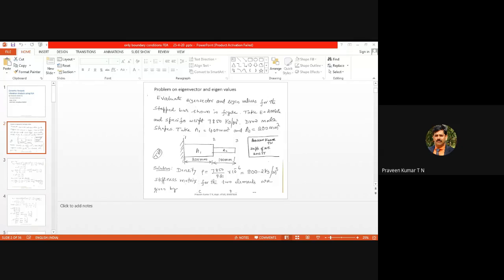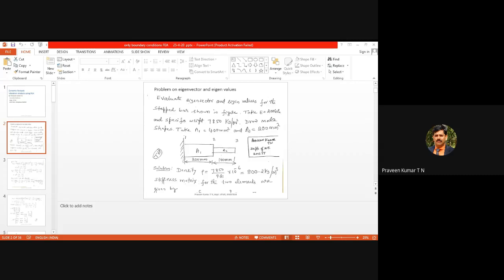Now, we are talking about the longitudinal vibration of the bar. So the bar will vibrate, or its length changes with respect to time. It vibrates in the longitudinal direction. I have given the example of piezoelectric material. The piezoelectric material is designed in such a way that it will vibrate in the longitudinal direction. It will contract and expand, contract and expand. That is nothing but a longitudinal vibration.